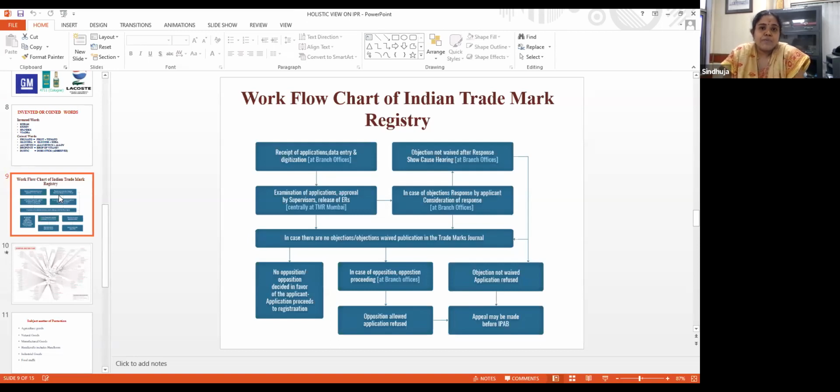Like that, in trademark also, there are certain rules and regulations to accept and to reject a trademark. Here you can see a chart. The chart shows the overall filing of a trademark. Today, anyone can file a trademark, not necessarily only through an advocate, because even for a